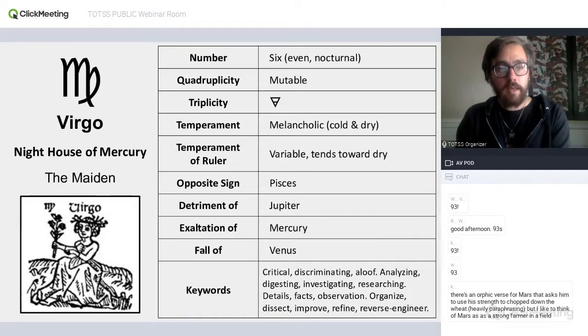All right, and then let's see, where are we here? So Virgo is the fall of Venus. As we'll see, Venus is exalted in Pisces, and so she's in fall in Virgo. And I think that should be fairly intuitive, obviously, with Virgo being interested in being critical and discriminating and analyzing and taking things apart all the time. It can be difficult to do Venusian things of harmony and pleasure and enjoyment when you're analyzing things all the time, right?